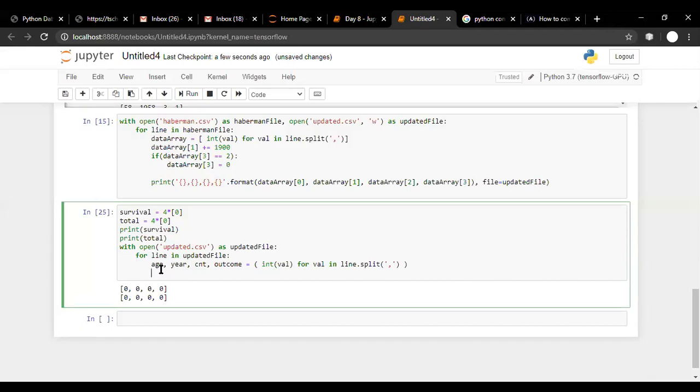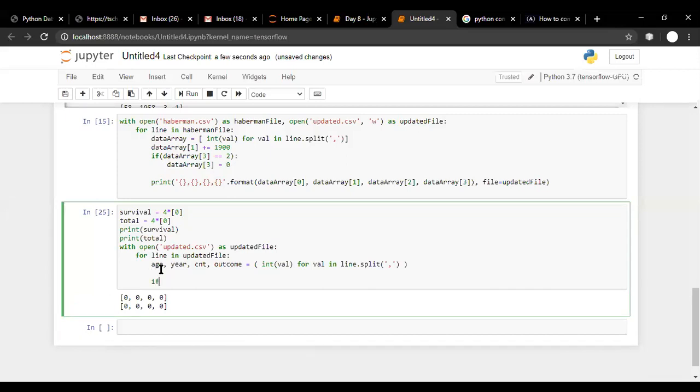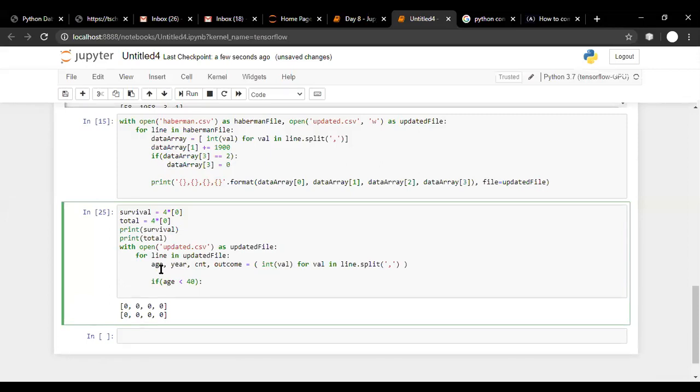Okay. So now we'll use our if statement over here. Simply, if age is less than 40, this is a patient with age group less than 40. So we'll say total of 0 plus equal to 1.